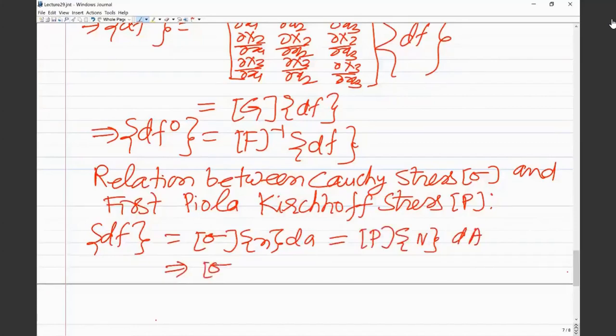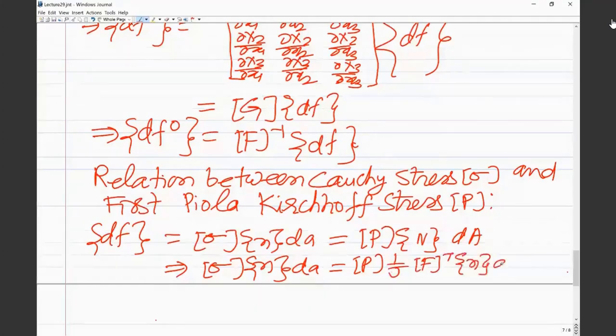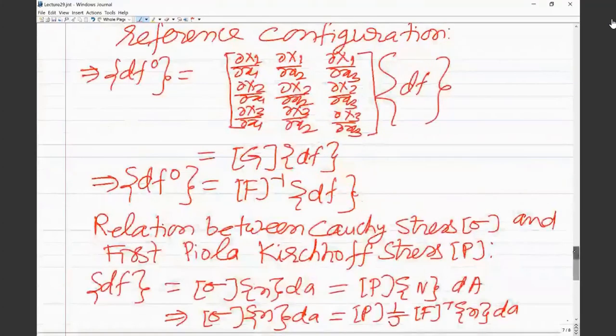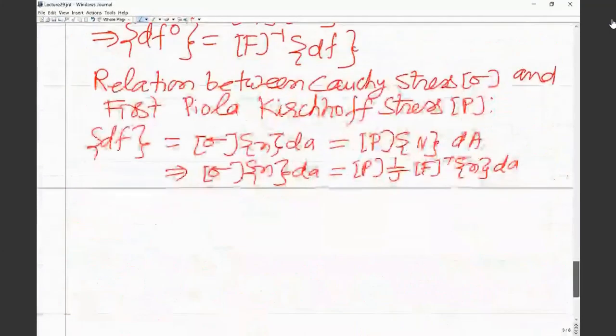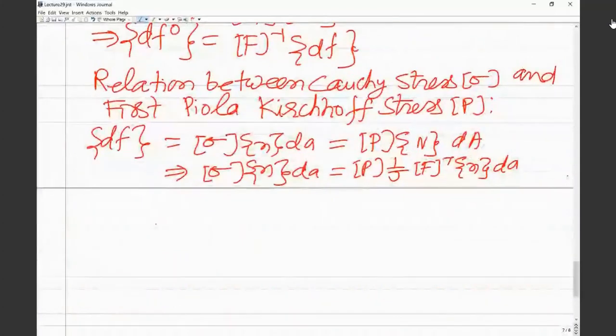So we can say that sigma into n da is equal to P into N dA, and we have derived that N dA is equal to 1 upon J into F transpose n da. I am referring to this relationship: capital N dA is equal to 1 upon J F transpose n da. So I am writing this as P into 1 upon J F transpose n da, and now you can see that